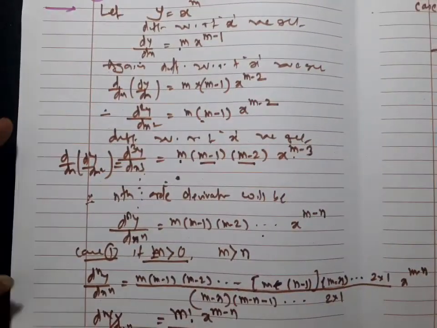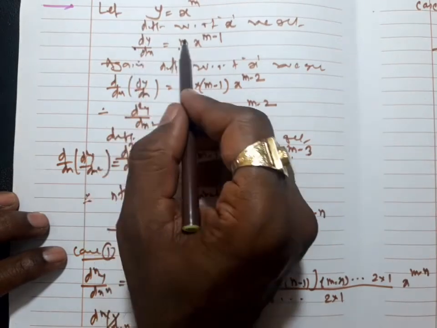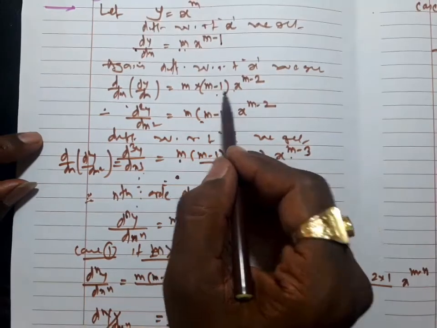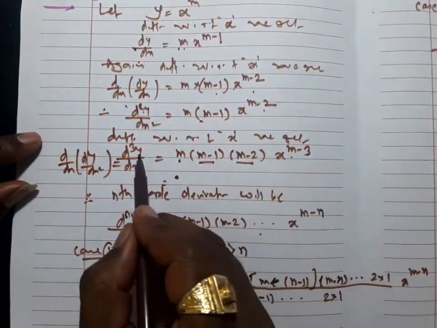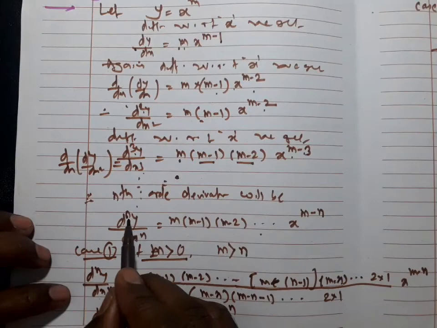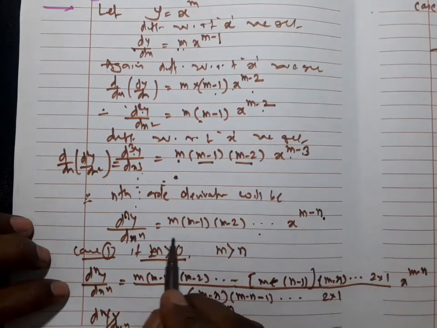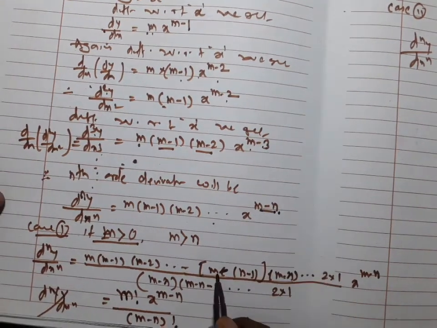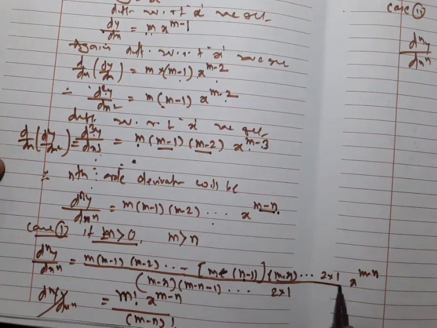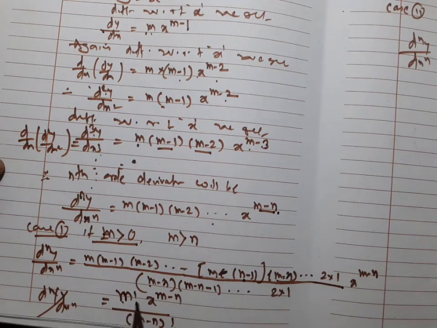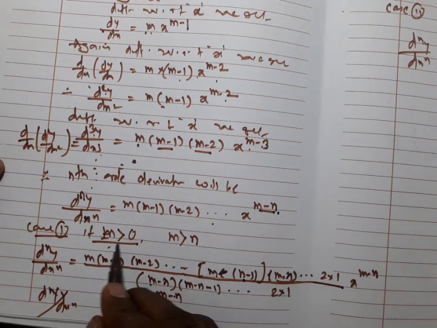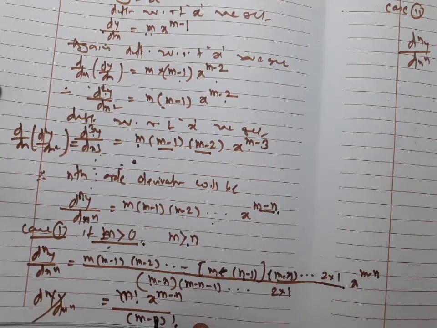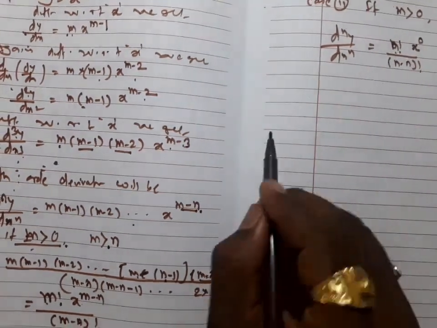I am repeating: first order derivative m x raised to m minus 1, it is as usual. Second derivative, m is constant, this will be like this. So 2, 2, 3, 3. So therefore there will be n. Now further simplification, before that there will be m minus n minus 1. The terms we have taken extra are divided out, and this is m factorial x raised to m minus n upon m minus n, when m is greater than 0 and m is greater than n also. If m and n are equal, n minus n is 0, and 0 factorial is 1. So this will be the final answer.